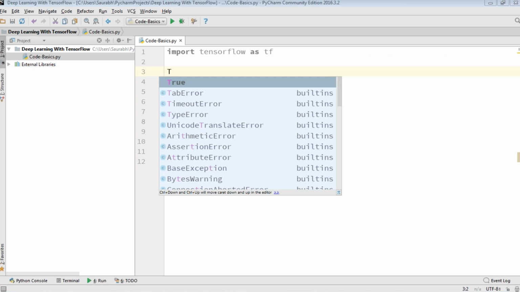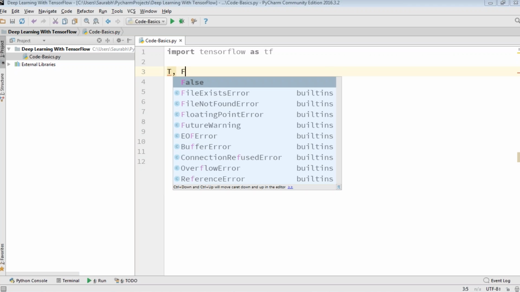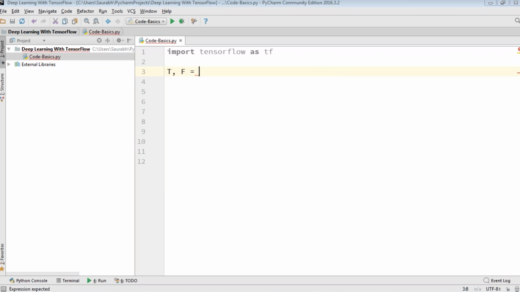So I'm going to type in here T comma F equal to 1. comma -1. And bias will always be 1, so I'm going to type in here bias is equal to 1.0. And now I'm going to provide the training data. So for that, I'm going to type in train_in equal to,